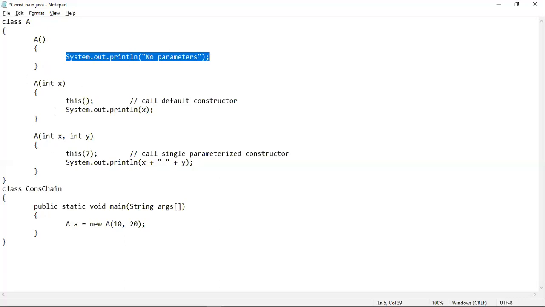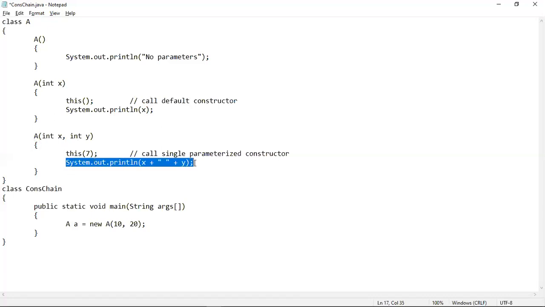Then the compiler control will again come to this single parameterized constructor, which has a remaining statement to be executed, which is printing the value of the variable x, which is 7. 7 has been passed into x, so the next output is 7. And then at last, the remaining statement of this double parameterized constructor will be executed, which prints the values of x and y, which are 10 and 20 that have been passed into it.